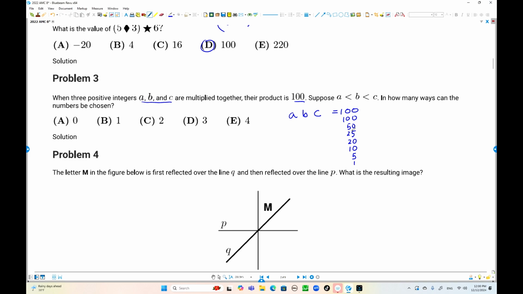So now check out. Always you will try the biggest one, okay? If this is 100, A times B equals 1. So A is 1, B is 1, no other way, okay? But that's not working, because they are equal. If we have 50 over here, A times B is now 2, isn't it? Only A is 1, B is 2, right? If this is 25, A times B is 4, right? 4 times 25 is 100. How to get the 4? 1 times 4 or 2 times 2. But 2 times 2 is not working,